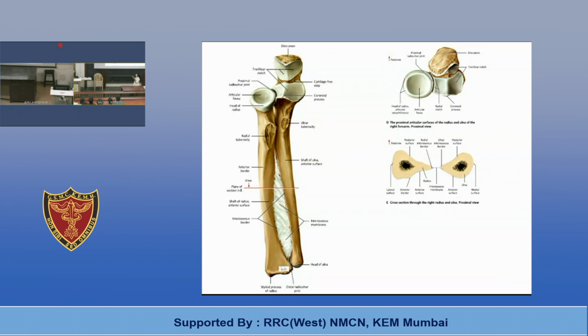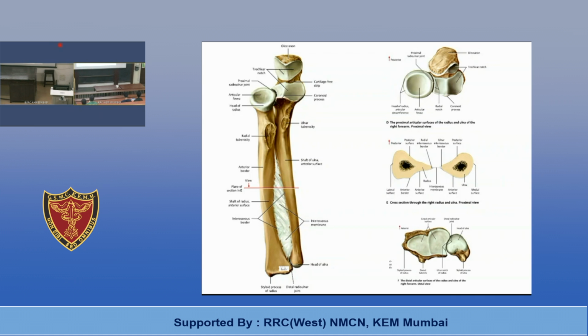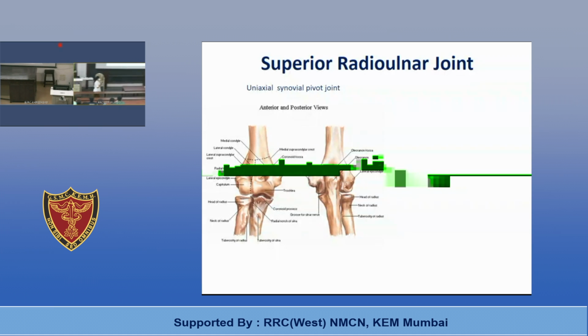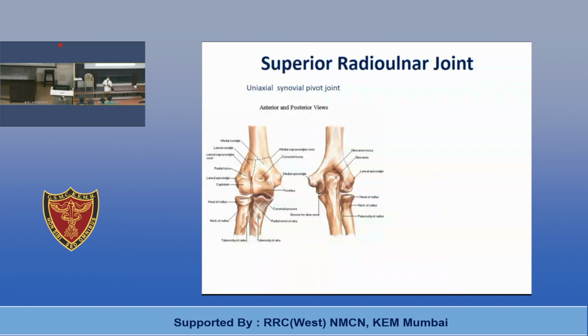Similarly, in the lower part, here you can see the head of ulna is located inferiorly. Head of radius is located superiorly, whereas head of ulna is located inferiorly. And here we have seen there is radial notch on ulna, whereas in the lower part there will be ulnar notch for the head of ulna on the radius. So radius will present ulnar notch in the lower part, and in the upper part ulna will present radial notch for articulation with the head of radius. So superior radioulnar joint, can anyone repeat what type of joint it is? Pivot type of synovial joint, yes.